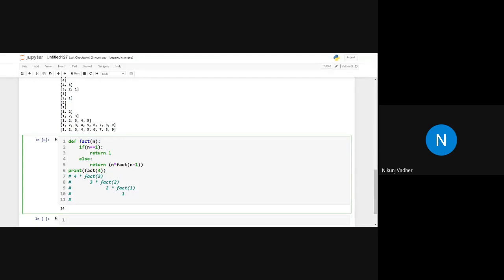Now 1 into 2. So this 1 will be returned to here. So 1 into 2, 2. Then this 2 will be returned to this statement. So 2 into 3, 6. Okay, and this 6 will be returned to this statement. So 6 into 4, 24.